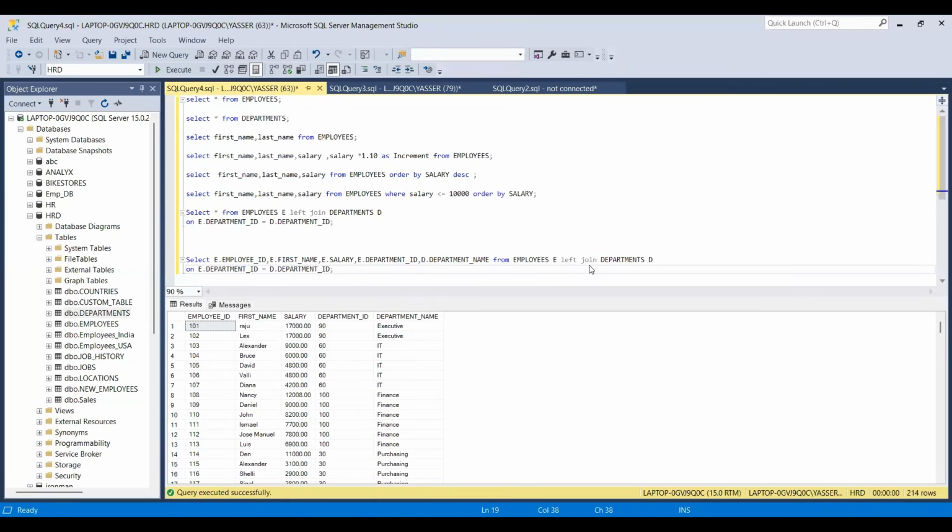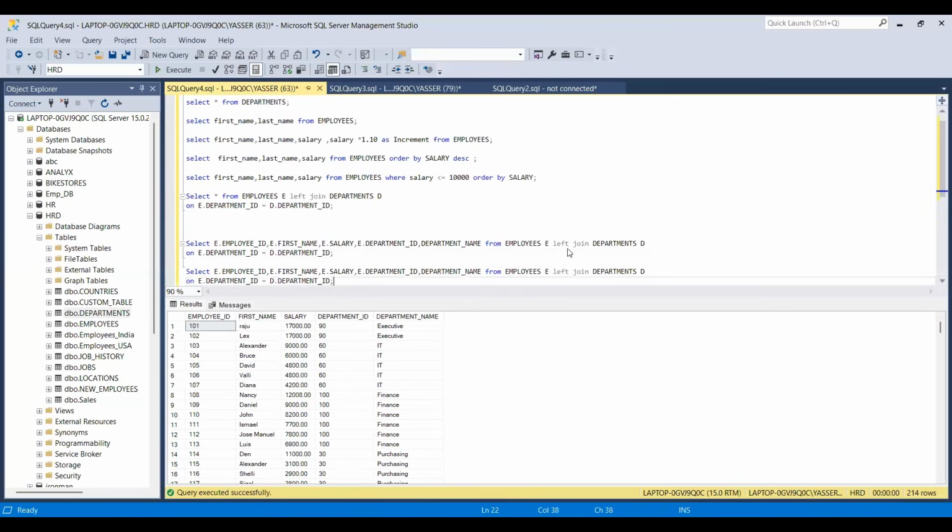Same way, if you want to do a right join, you just have to replace it with the right join here. Let me just not do it here. Okay, I'll just see, Control V, I will do a